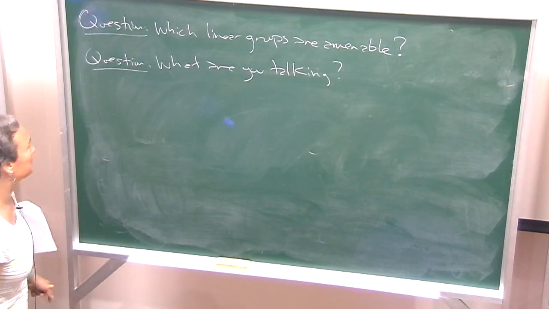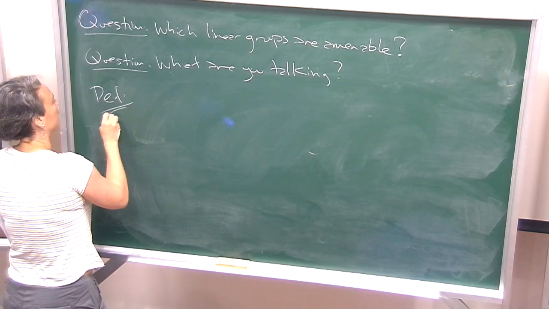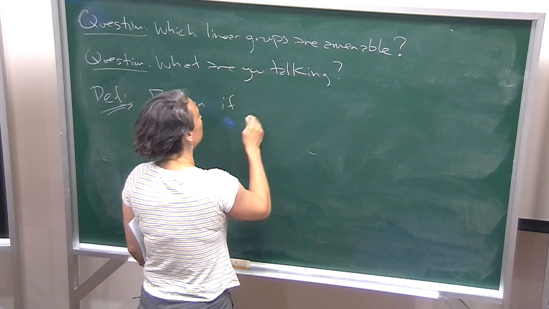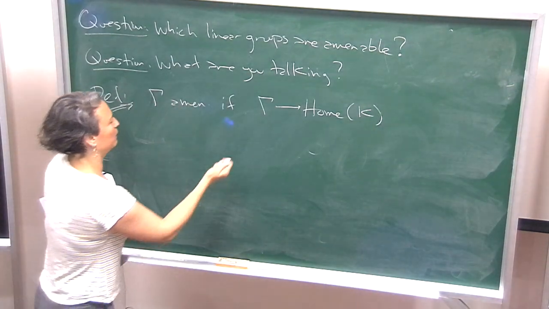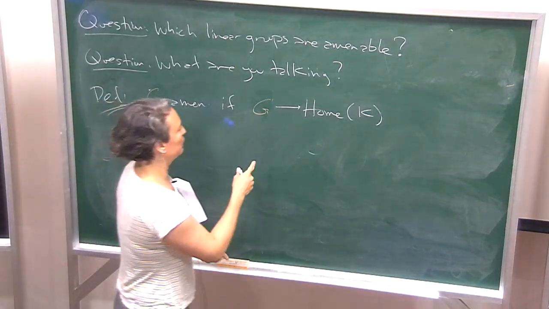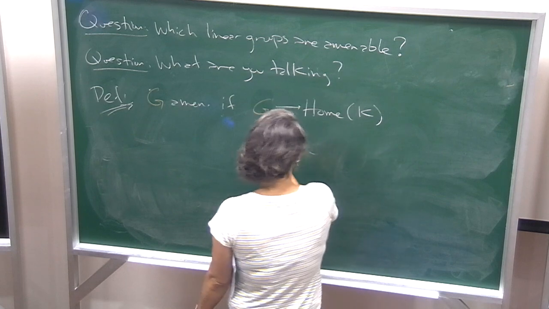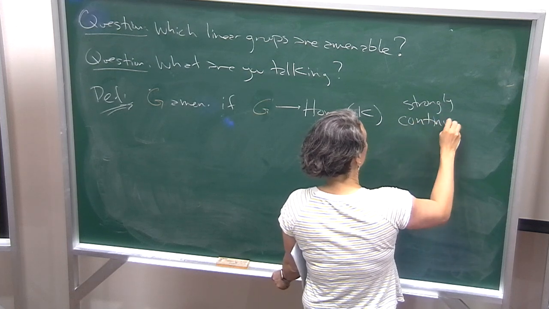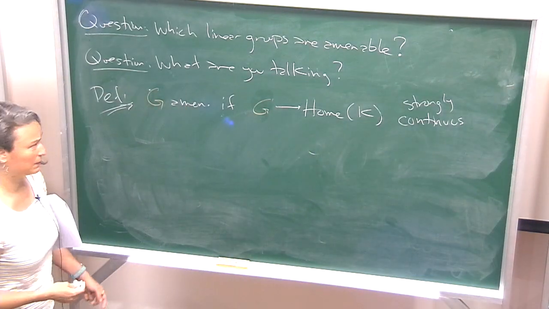Okay, so what does this have to do with it? So I gave you 20 million definitions for immutability. Let me recall the relevant one. So gamma is immutable if for any, let me rephrase it for G. Okay, so G is immutable, which I'm also shortening to Mn, if whenever I have a continuous, strongly continuous, just think continuous, action by homeomorphisms on a compact metrizable space,